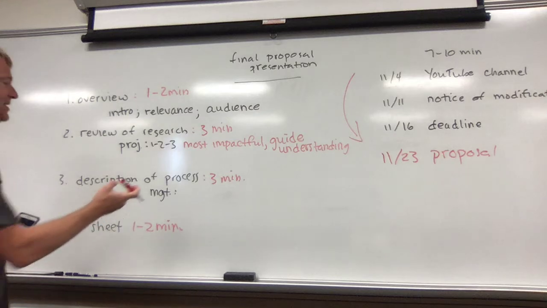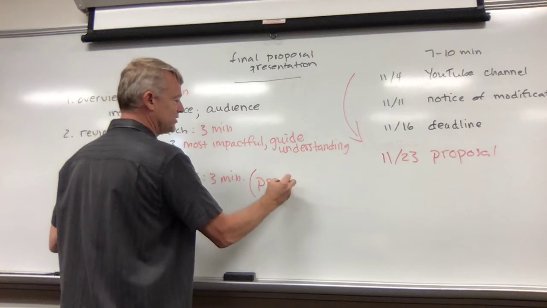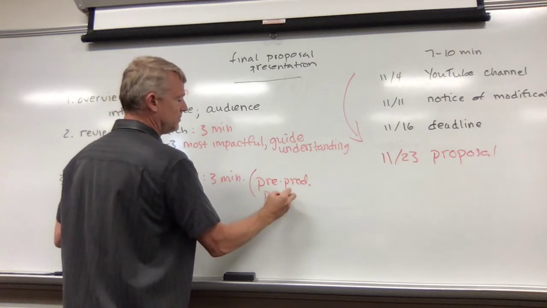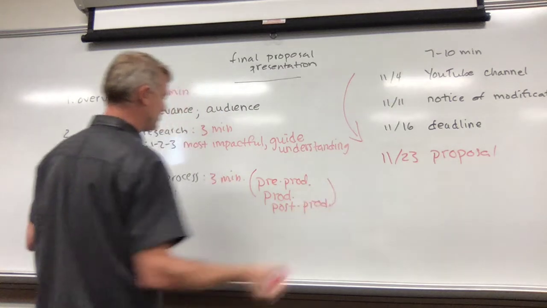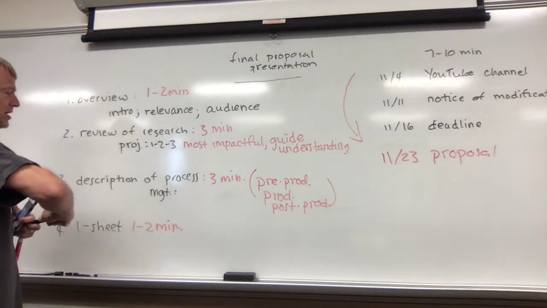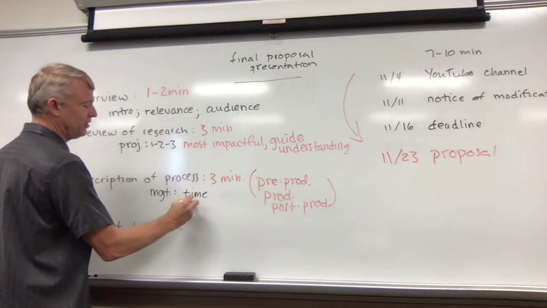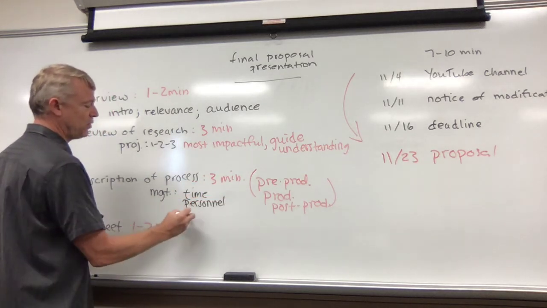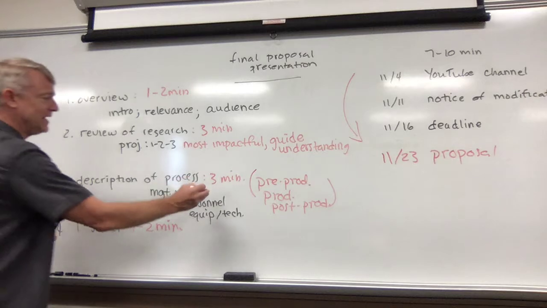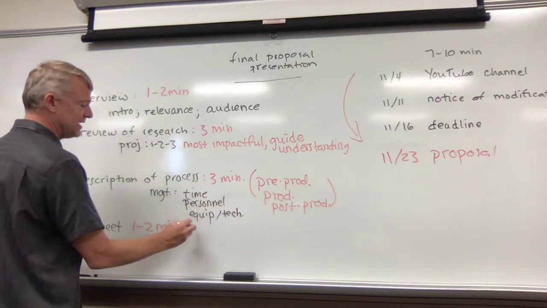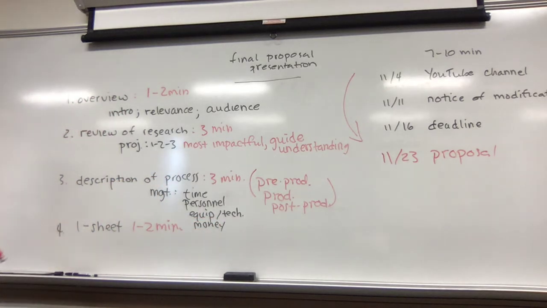So, one easy way to divide this could be in the traditional production divisions of pre-production, production phase, and post-production. And so what kind of resources will you need for each? So we're talking about definitely time is a huge resource. Personnel or human resources, equipment and technology, be it hardware or software. What will you need for each of these different ones? And then possibly money. If there are financial aspects to any of these, you need to show that you're aware of those in advance.